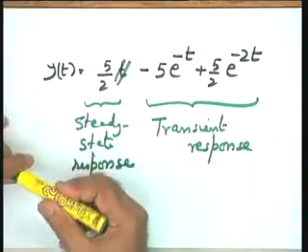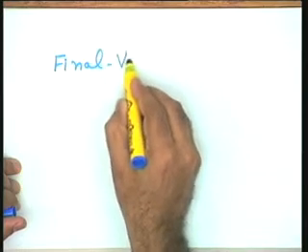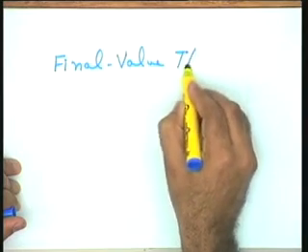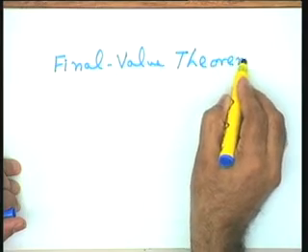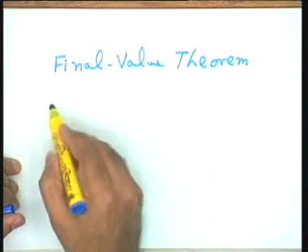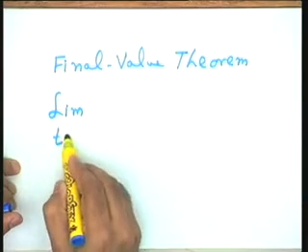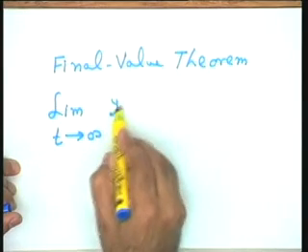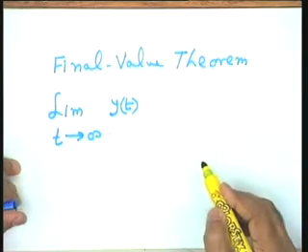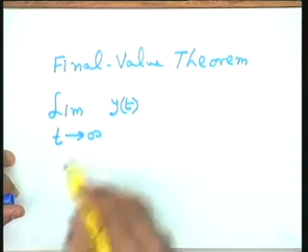Now, the steady state response, as you know, you can also get without resorting to getting the total time response of the system. You can apply the final value theorem to obtain the steady state response. Let me put this theorem also for your benefit, revise the theorem for you. Limit t tends to infinity y(t). I am interested in the final value of the variable y(t).